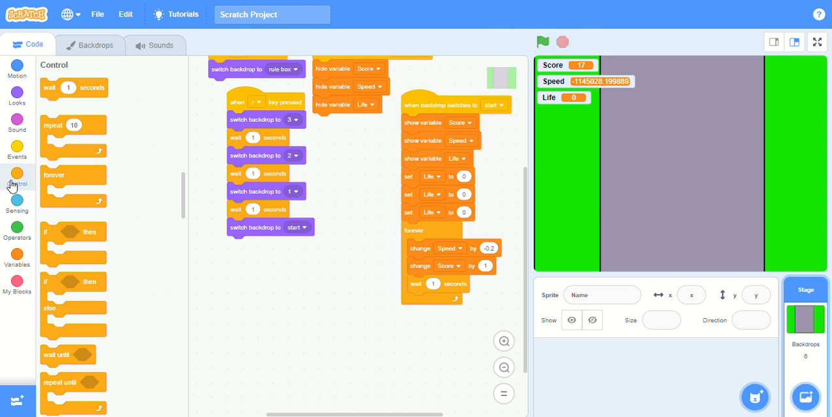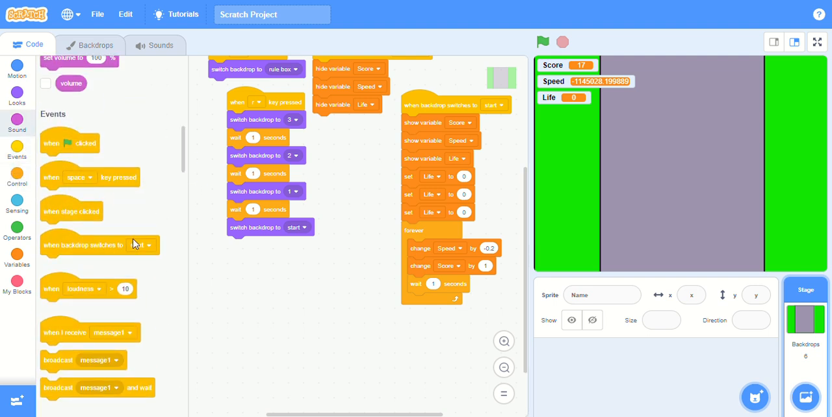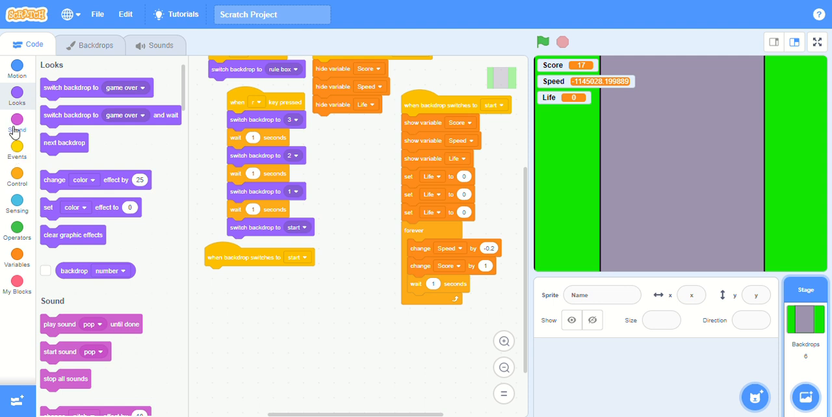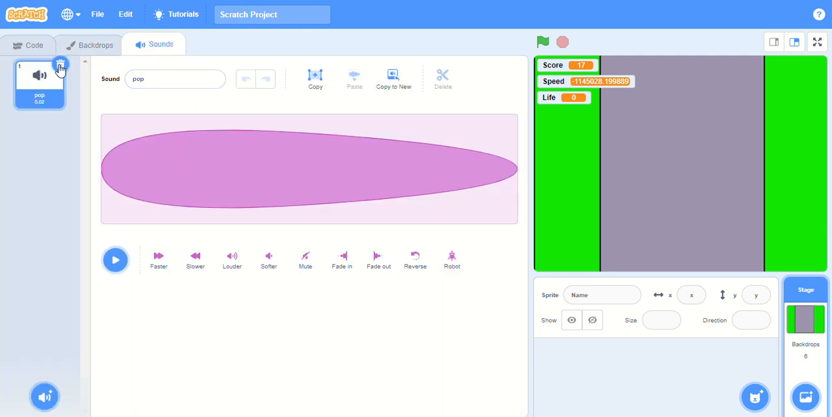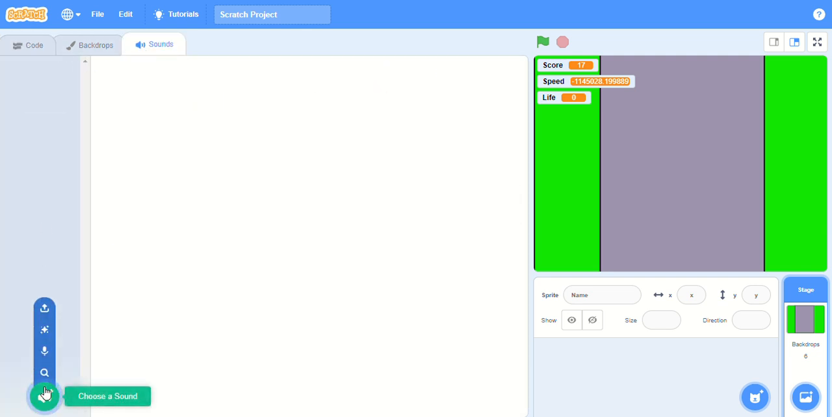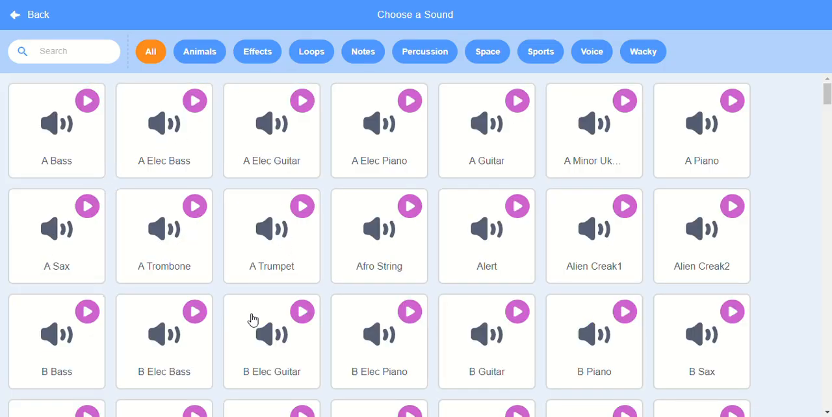For that we need to click on this when backdrop switches to, oh no, not that. When backdrop switches to start, and no, sound block. Play sound pop. Now when you take this block, you can only see this pop. So for changing that, click on the sound and delete this pop and just click on this, choose a sound. You have a lot of sounds right here. Just select a big